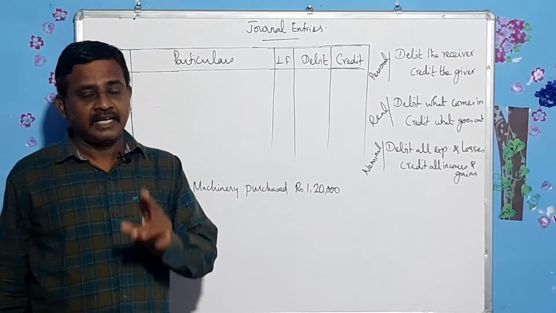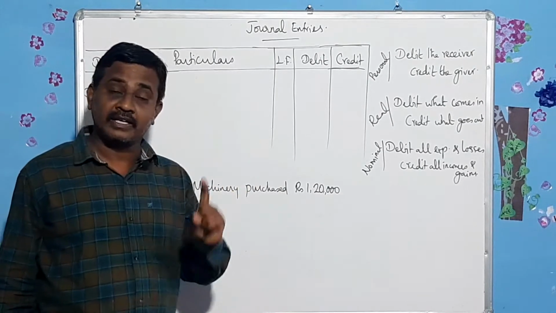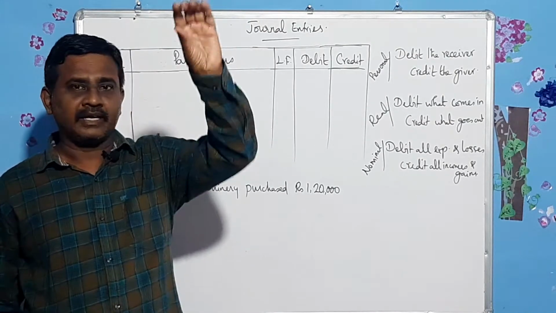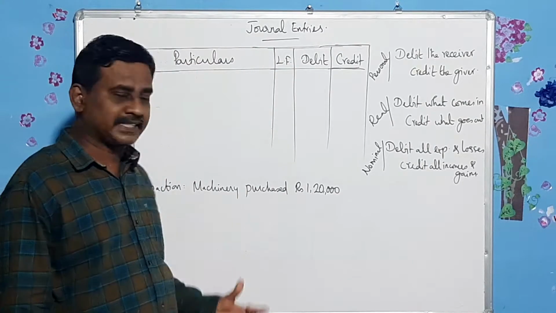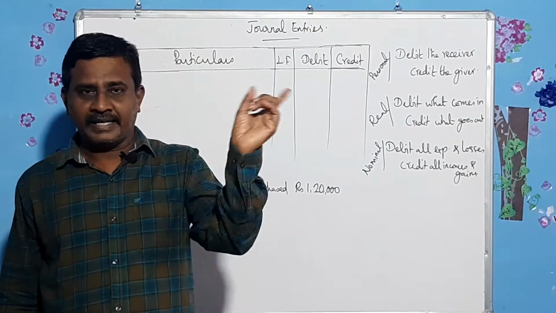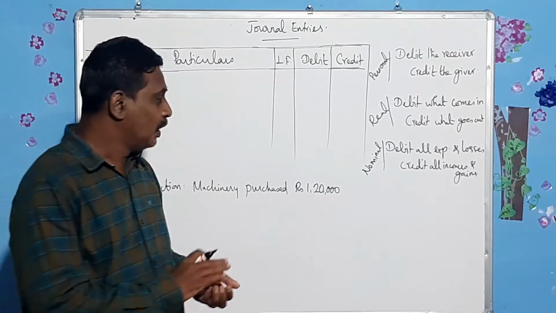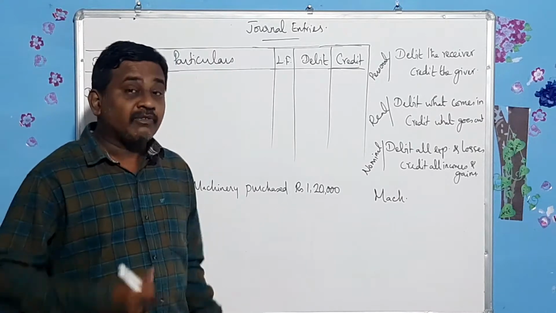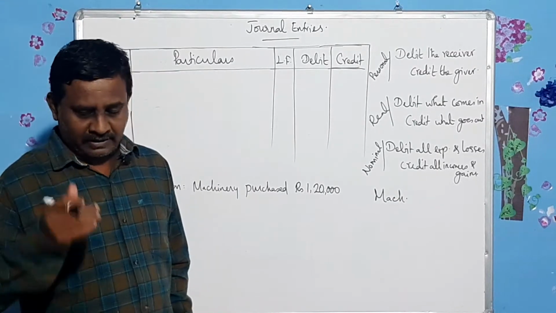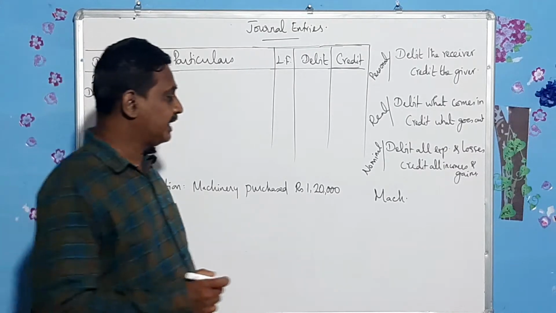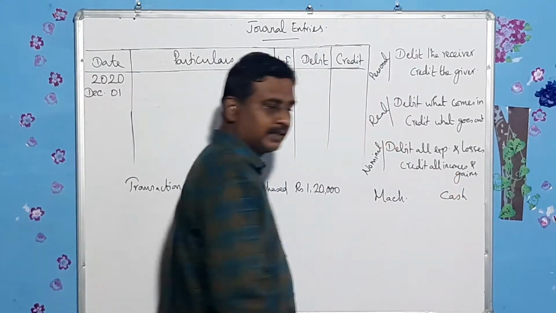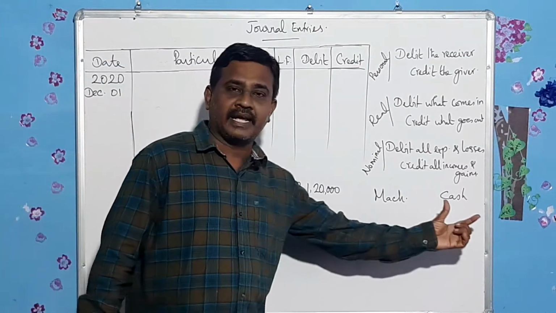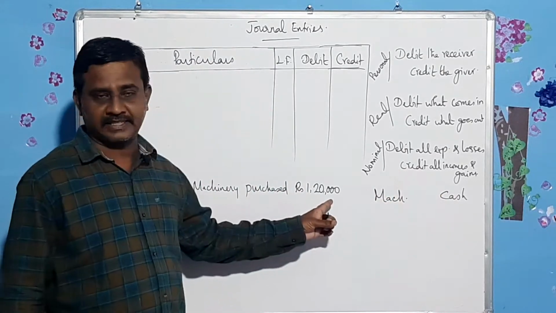Here you have to understand the accounts involved in this. I have already told you that when you buy a thing, immediately make an account by its name. Here we purchase machinery. So you have to write an account by the name machinery. So one account involved is machinery. And we give cash. So we have to understand that the cash account is involved in this. So cash account. Have you identified? Now we have identified that machinery account and cash account are involved in this transaction.